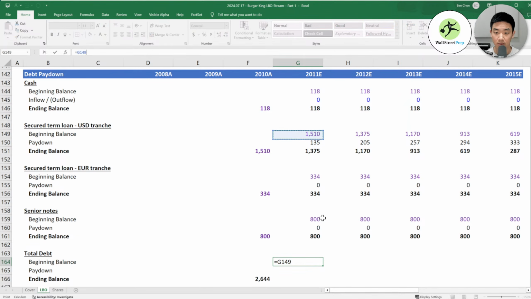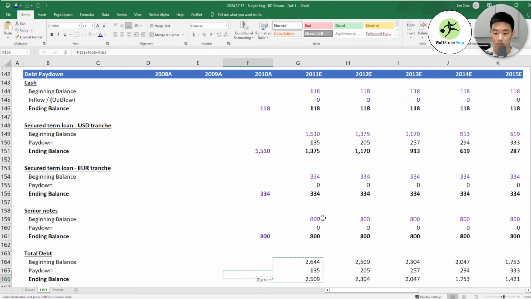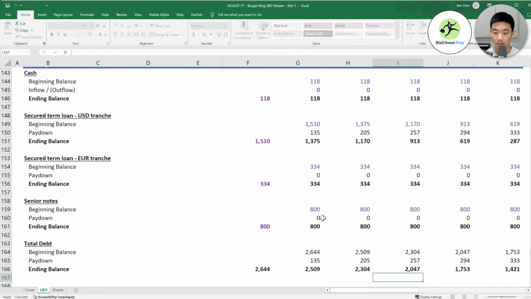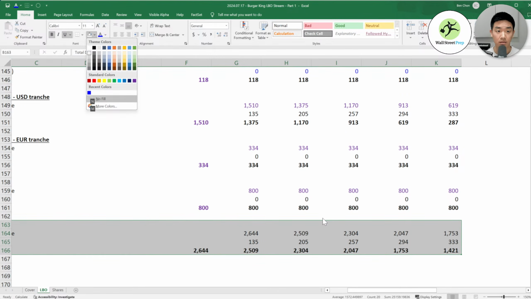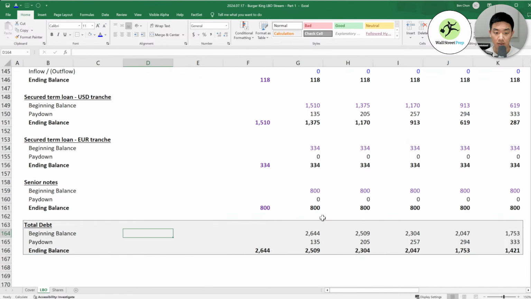Beginning balance, pay down, and then this is our total debt.